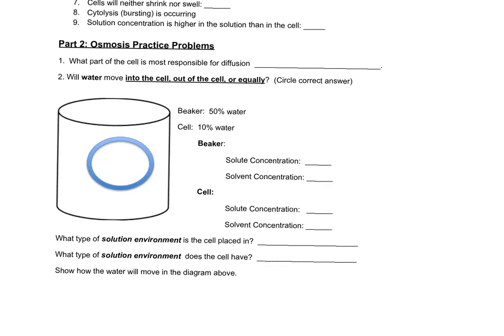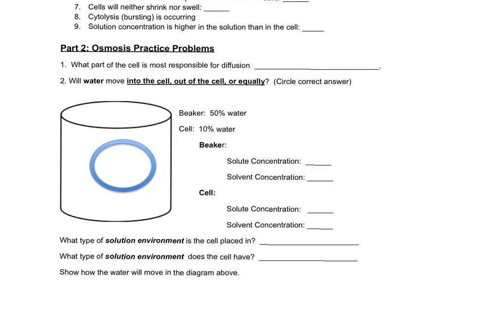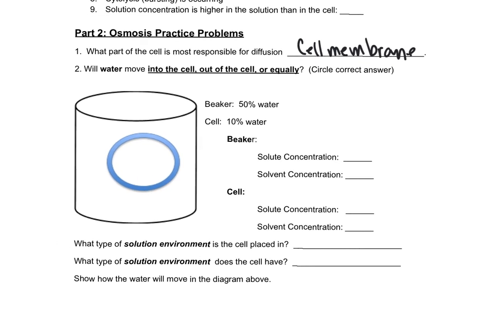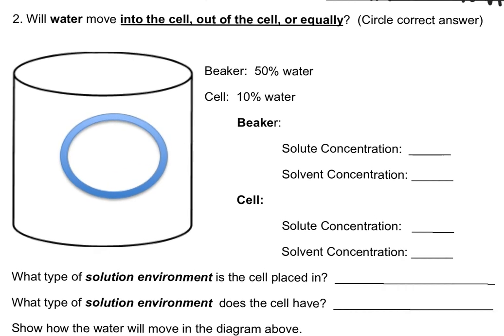So let's take a look at this osmosis practice problem right here, okay? So, number one, what part of the cell is most responsible for diffusion? We can go ahead and answer this. It's the cell membrane. Remember, the cell membrane is what determines what goes into and out of the cell. So whenever I work with a question like this, I always want to know two things, the solute and the solvent. Okay, so again, for my beaker, which is the environment the cell's put in,